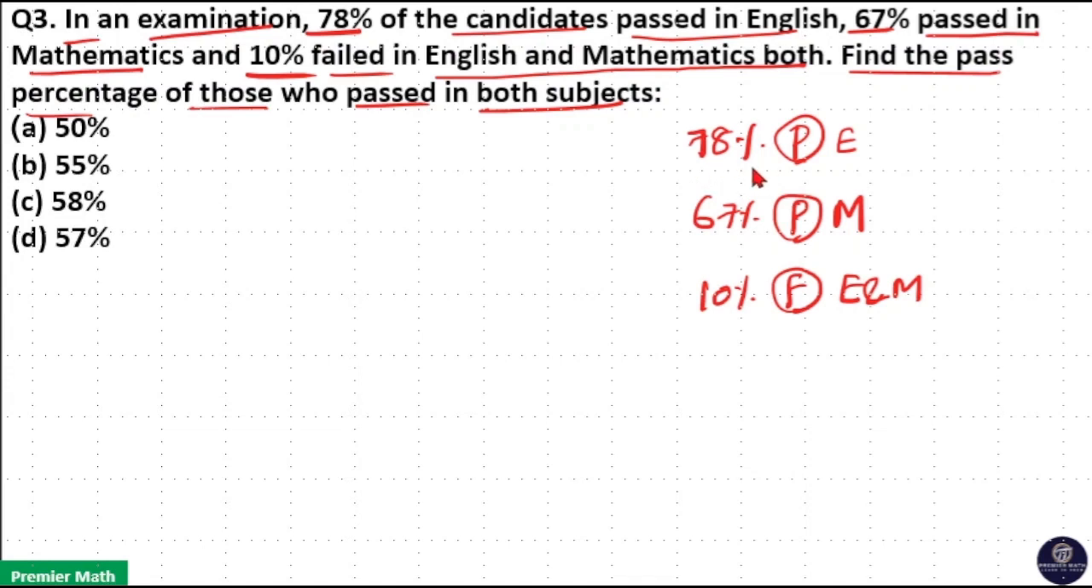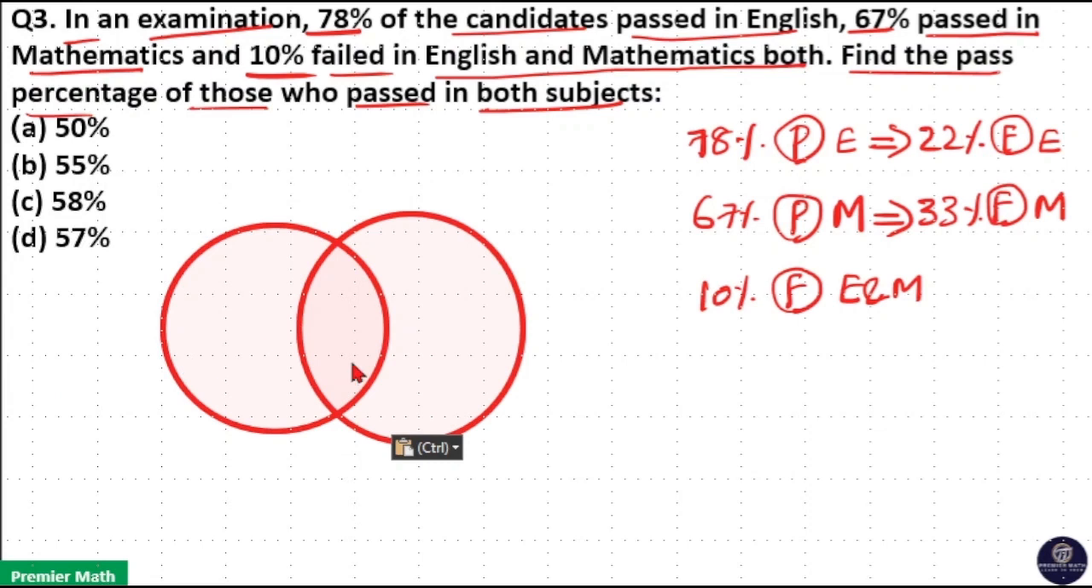Here, 78% passed in English means 100 minus 78, 22% failed in English. And same way, 67% passed in maths means the remaining 100 minus 67, 33% failed in maths. Now we have the failed students data. Let's draw the Venn diagram here. This intersection is for combined data, that is 10% students who failed in